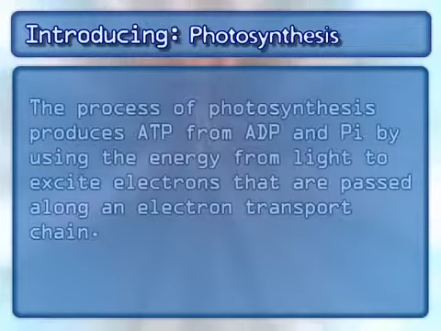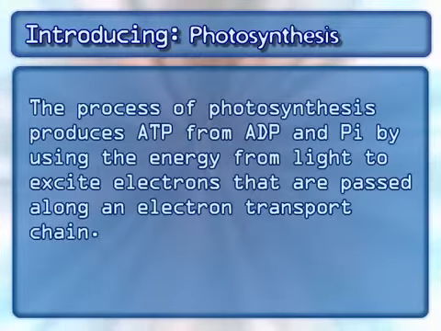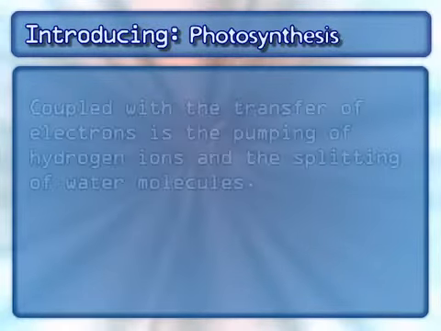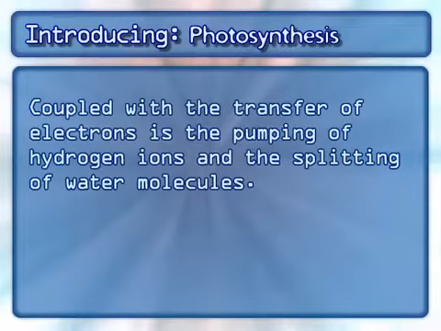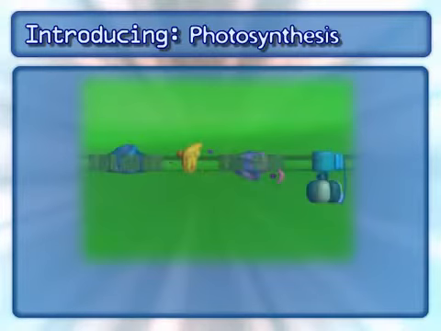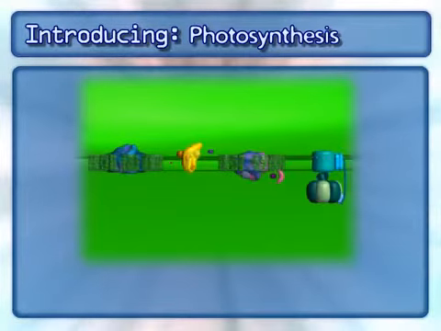The process of photosynthesis produces ATP from ADP and Pi by using the energy from light to excite electrons that are passed along an electron transport chain. Coupled with the transfer of electrons is the pumping of hydrogen ions and the splitting of water molecules. The following complexes are found in the photosynthesis electron transport chain: